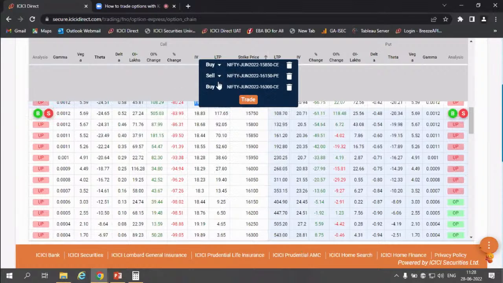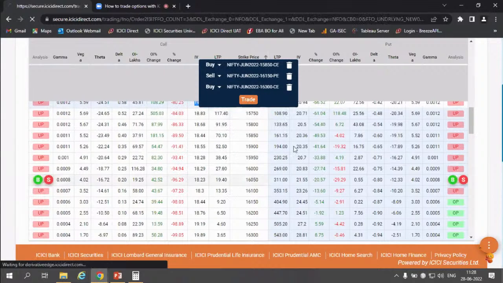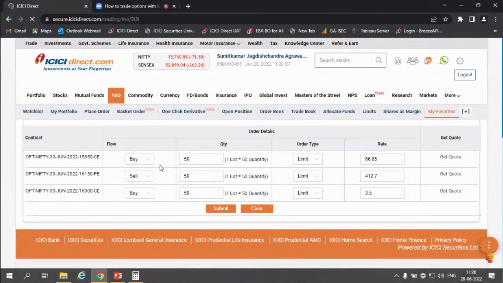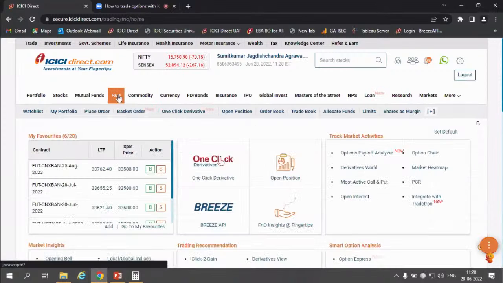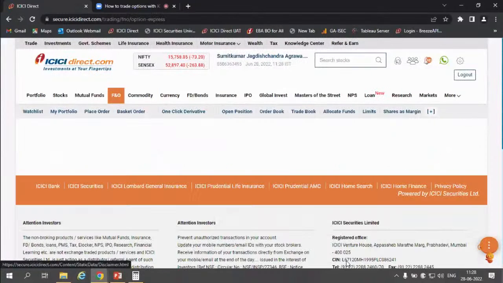At the moment you can add up to 3 different scripts and simply click on trade, and you'll get this basket, and then you'll be able to simply submit it, and your orders will go through to the exchange. Then if you want to square off, you'll have to go onto the open positions, and then you can square off from there once your orders are executed. So coming back to the option chain again,